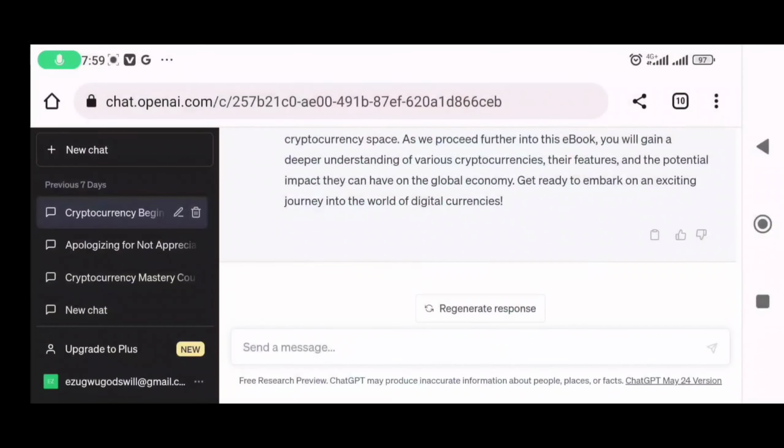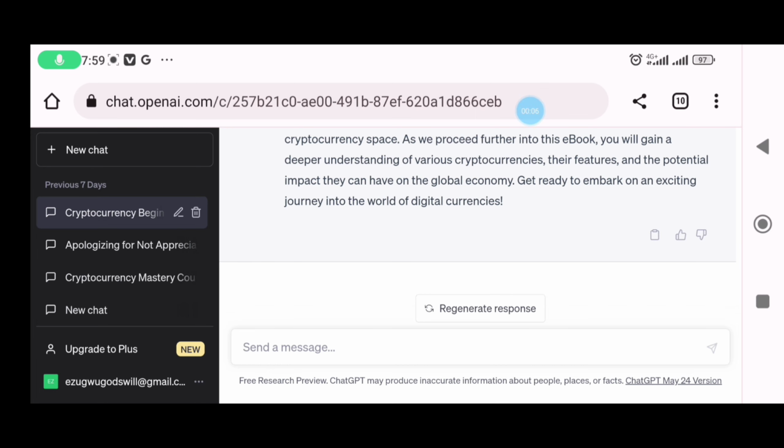Once you are done generating the course and the course outline, and you are very serious about learning that course, you can further ask ChatGPT to create a timetable for you using the particular amount of hours you want to cross out in order to learn that work. So I'm going to be showing you, I'm going to ask ChatGPT right now to create a timetable blocking out 4 hours of my day in order to learn this course. All right, so let's ask ChatGPT to create a timetable for us.